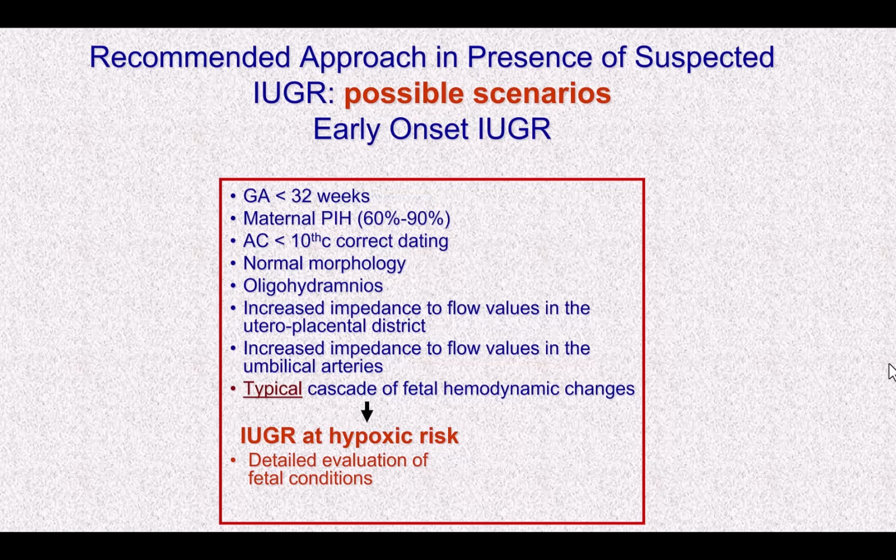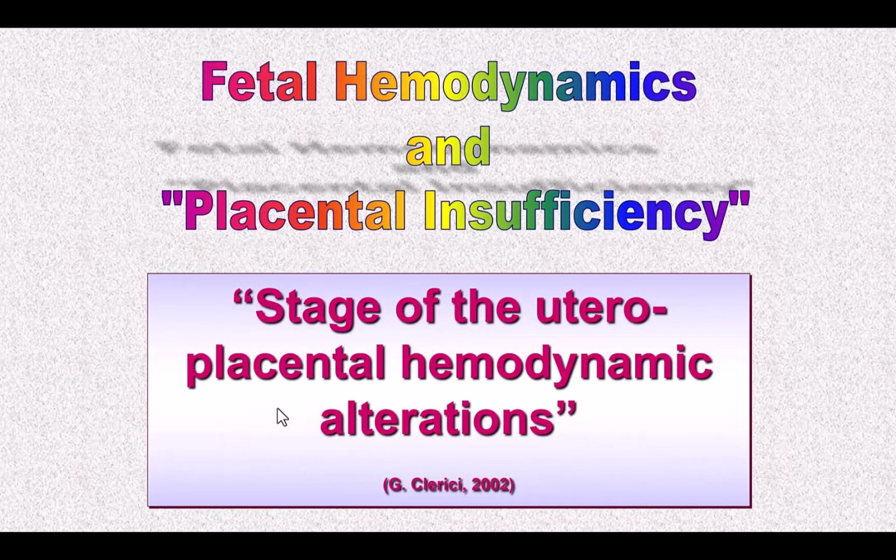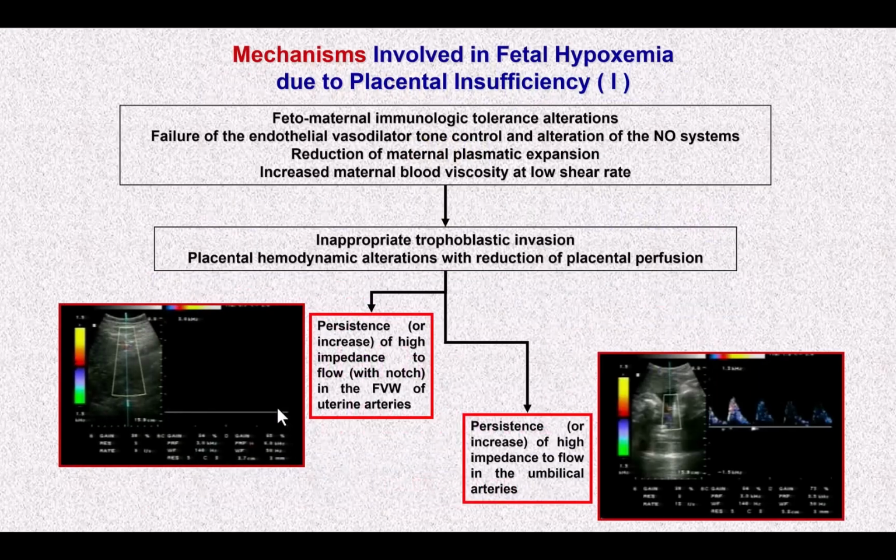It is very important to identify this kind of fetuses because they are fetuses at hypoxic risk. Talking about the typical cascade of hemodynamic events, I want to divide this cascade into some stages. The first stage that I want to show you is the stage of uteroplacental hemodynamic alteration that I described many